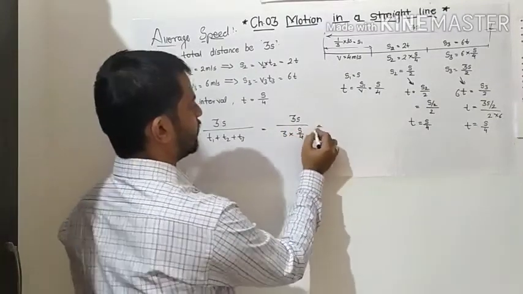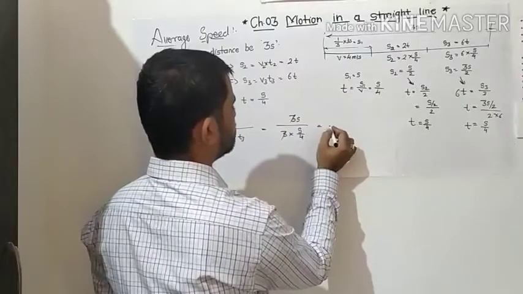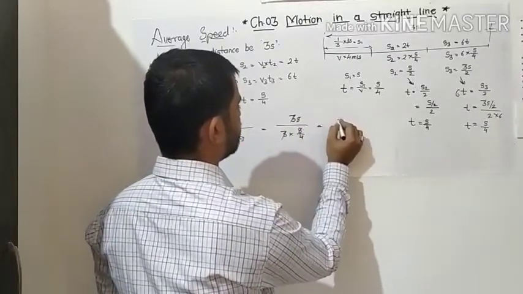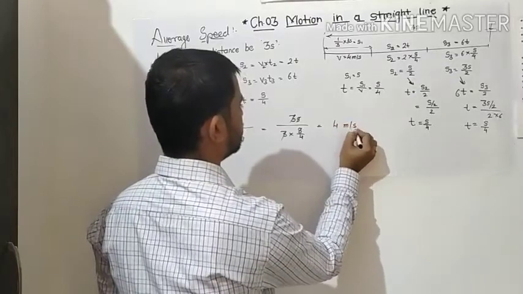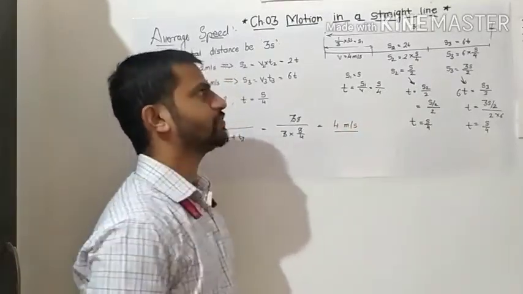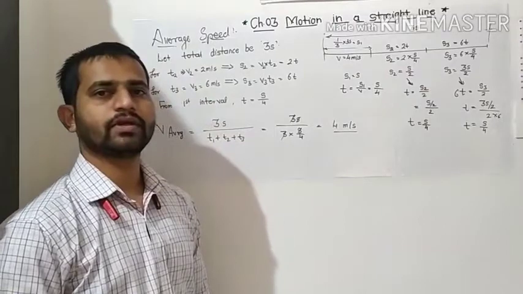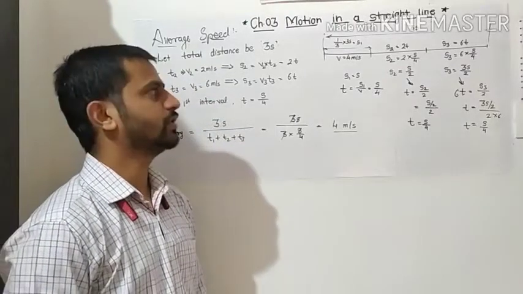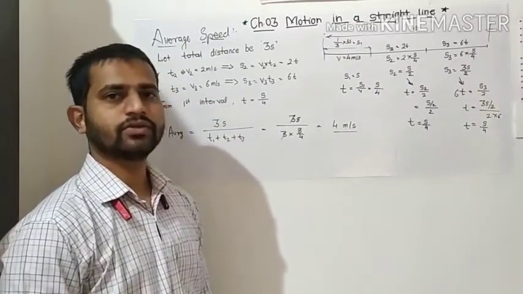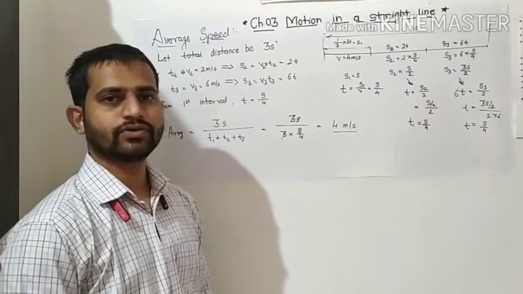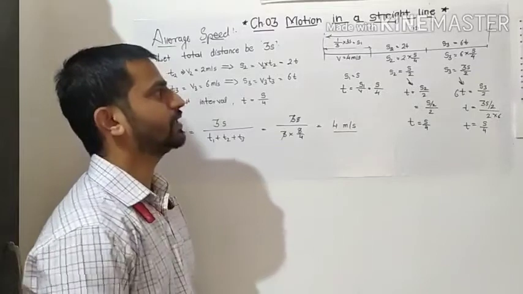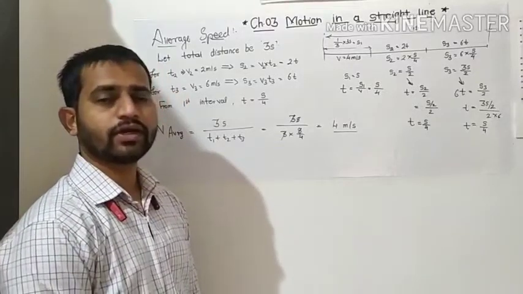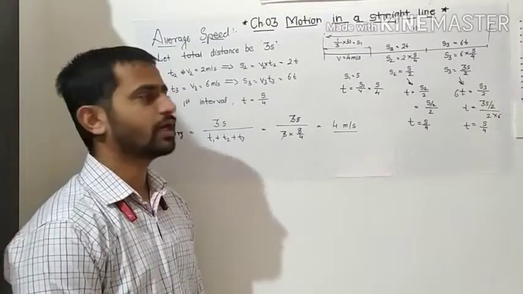Okay, so we can write down here as s will also get cancelled, so we can write here 4 meter per second. Okay, this is the average speed during that total time interval from the distance of 3s. So this is the answer of our question. Okay, for the first time interval we have considered that it is having total distance of 3s, and accordingly we